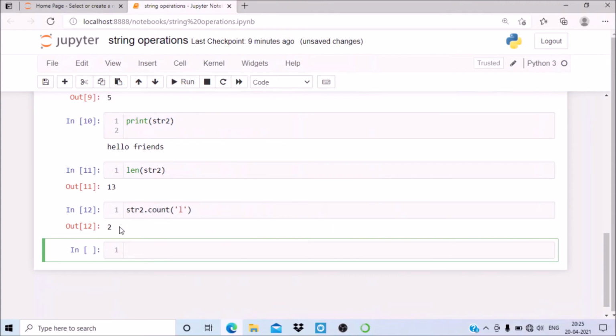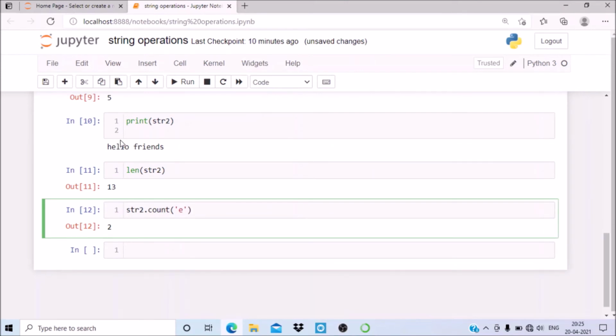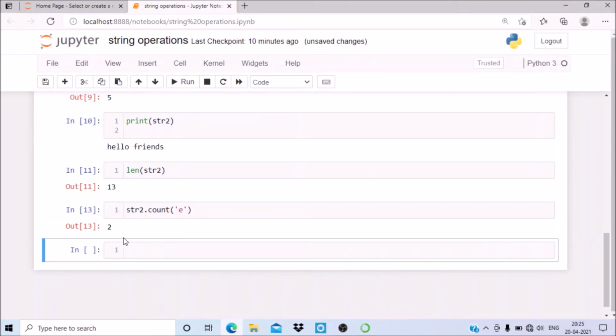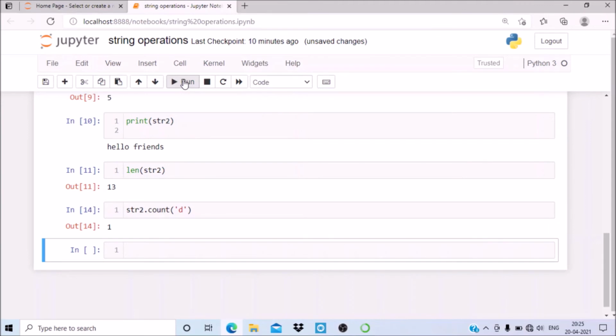How many times is L repeating? 2 times. See, here is the L. Now you can count how many times E is repeating. It is also 2 times. You can check how many times D is repeating in the string. It is 1 time. So you can count the number of repetitions of a particular letter, and you can find how many letters are there in a string.